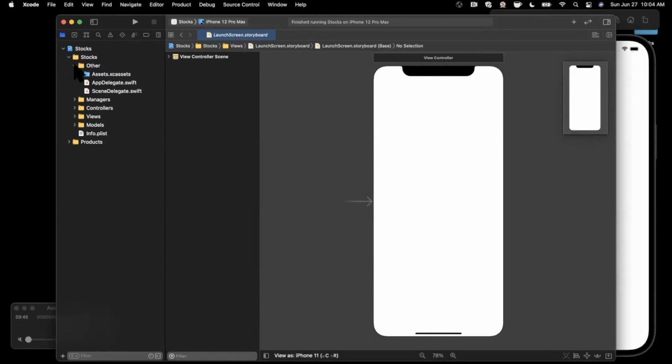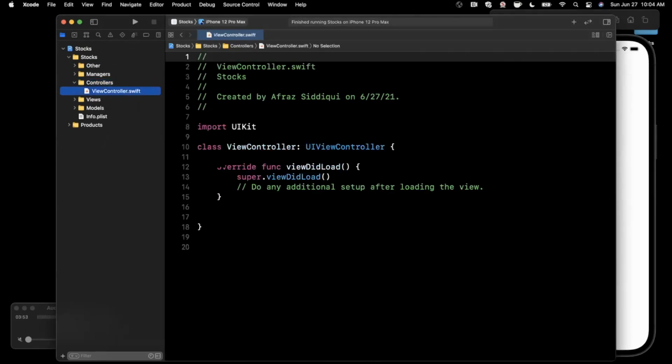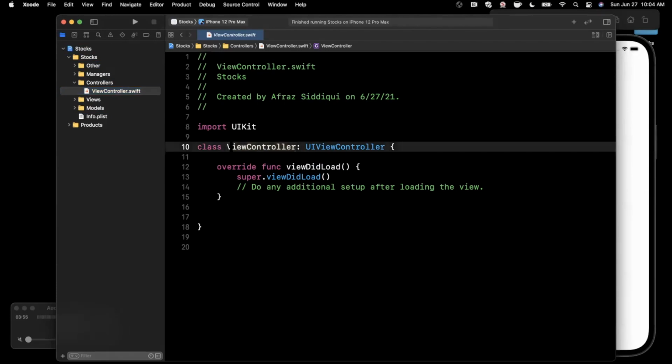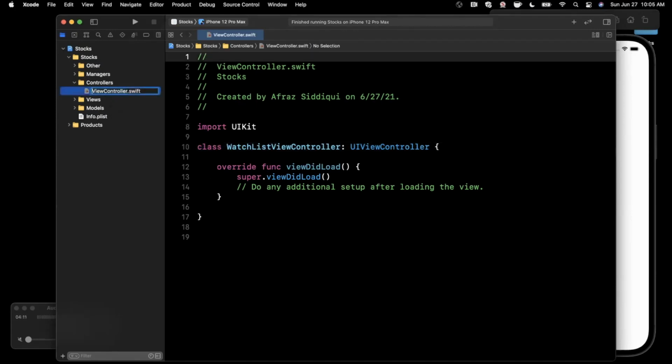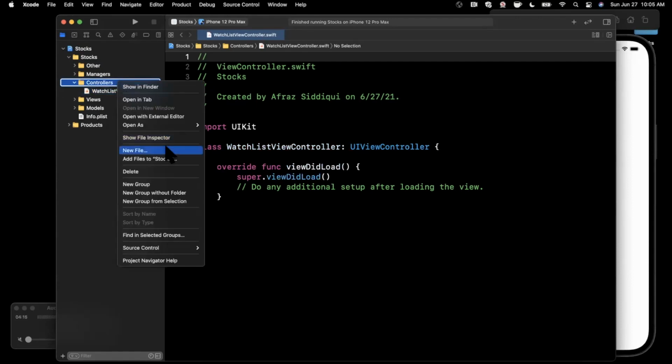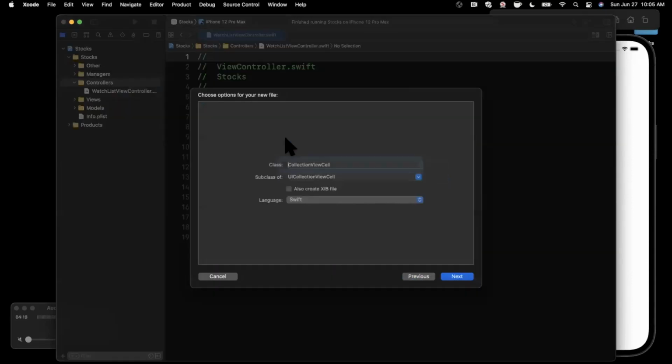Now, what else are we going to need? So in this video, before we wrap it up, I just want to stub out some files. At a very high level, we'll talk about the things we're going to build. So first and foremost, view controller as a class name is terrible because it's super generic and very vague. So I'm going to actually rename this to be our watch list view controller, and it's going to represent basically the watch list for the user's stocks, anything they have in their watch list. Respectively, I'm also going to go ahead and rename the file here, and we're going to create a couple more files. Alright, so I'm going to right click controllers, Cocoa Touch class, and this is going to be a UI